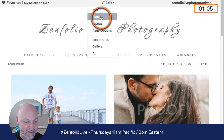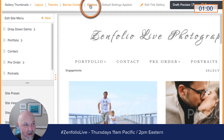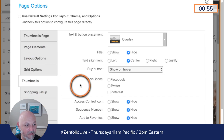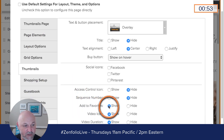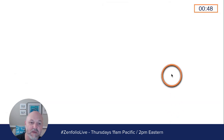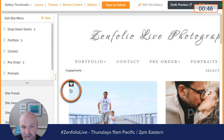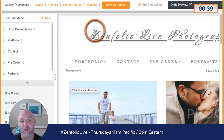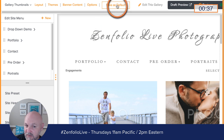Edit page options. And then we're going to go to options, we're going to go to thumbnails, and then right here is add to favorites. So if I have that set to show, it's going to show on the gallery thumbnails right here. So here's that little favorites thing. So what you need to do is you need to go into your portfolio and turn it off on those, but do not save it as default, because you want your default settings to be set up for your client